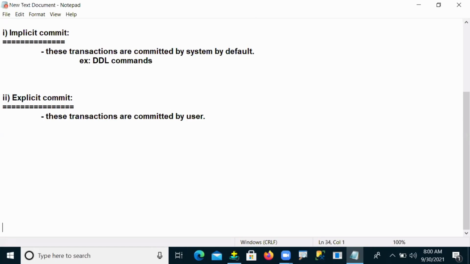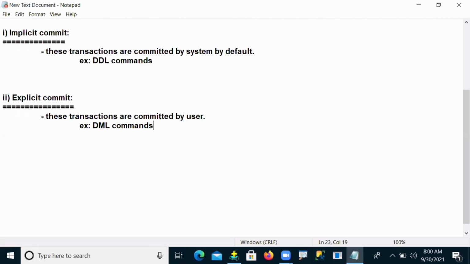Okay. So now what happens? The user wants to commit. And which type of operations are called explicit commit operations? DML operations, that is, DML commands. So DML commands are committed by the user, compulsorily.